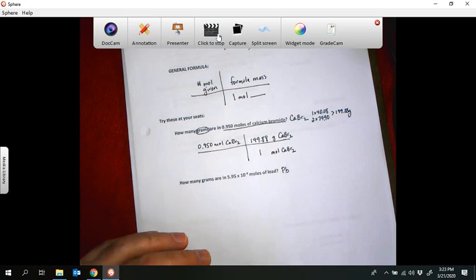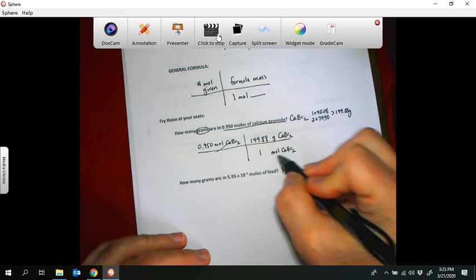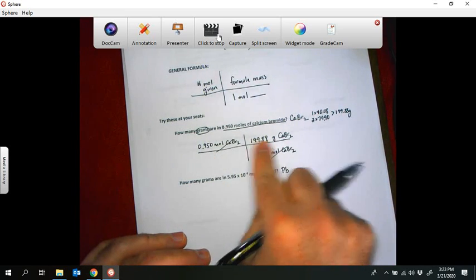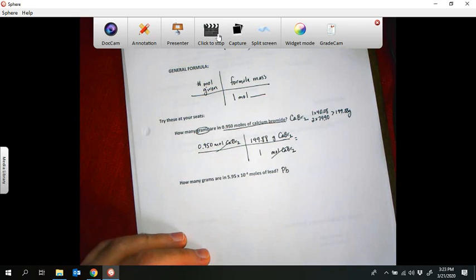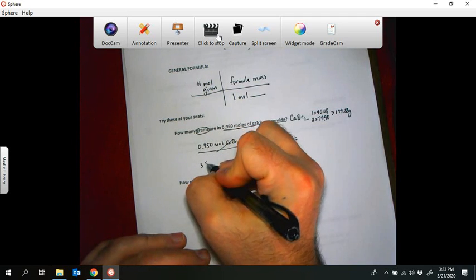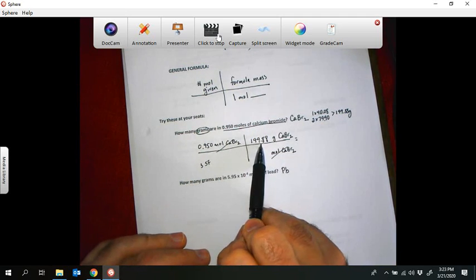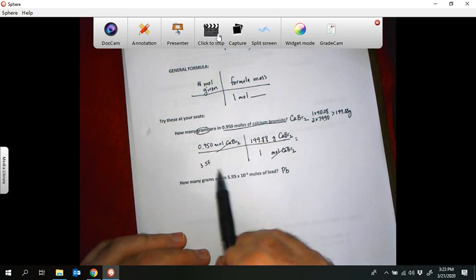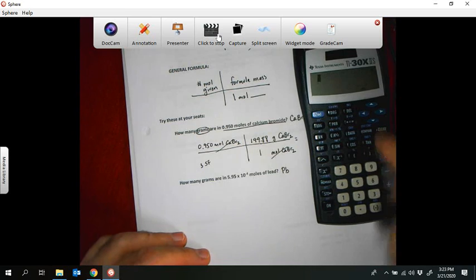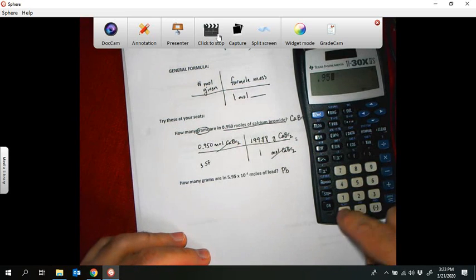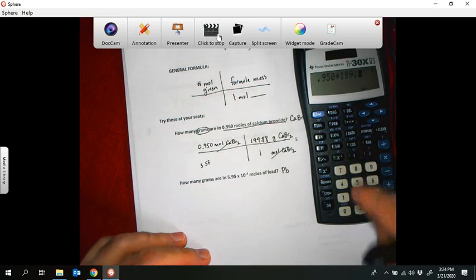So our units of moles cross off. We multiply these two numbers and we report it to the correct number of significant figures, which hopefully you determined was 3 significant figures. This number has 5, that number has 3. We always go with the least number. So all we have to do now is put this in our calculator, 0.950 times 199.88, and we're given